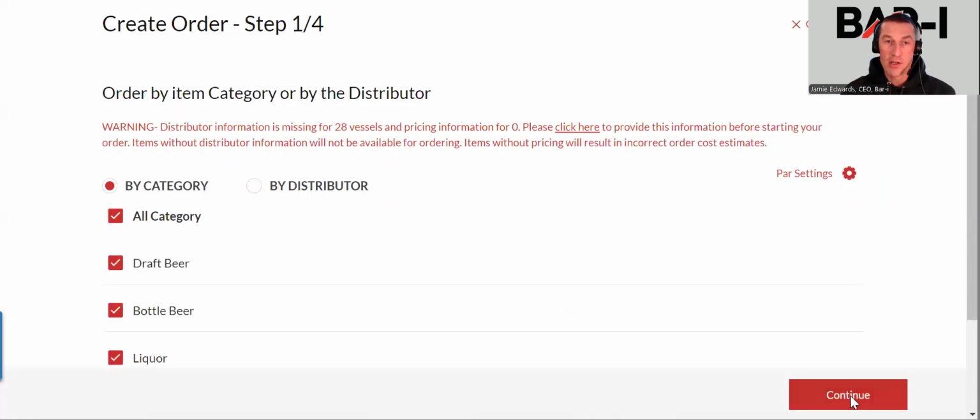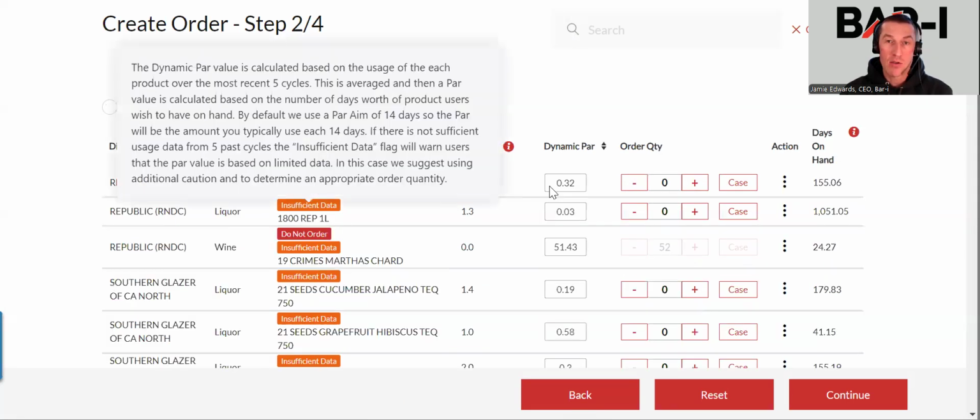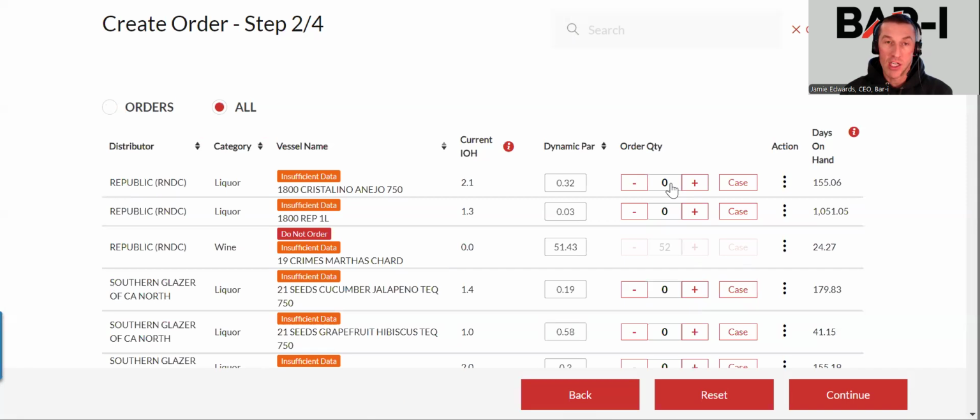If you click continue, the software will bring you to the suggested order screen, and it will just have the items whose par level is higher than the current count, and it will suggest the order that you need to get past there. You can also look by all view, in which case all items, even those with a 0 suggested order, will be included. So if, for instance, we need to purchase more, we can increase or decrease that order. And then when you click continue,